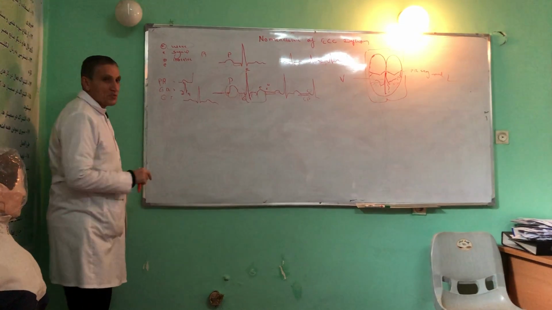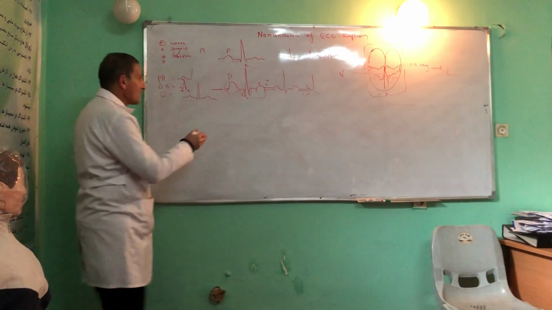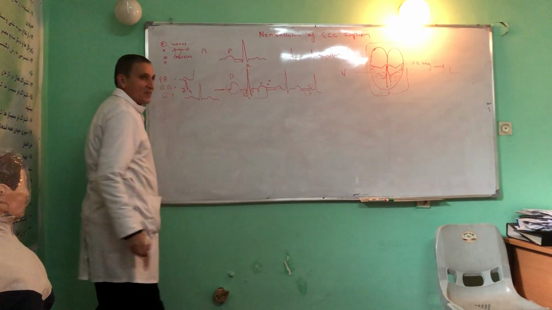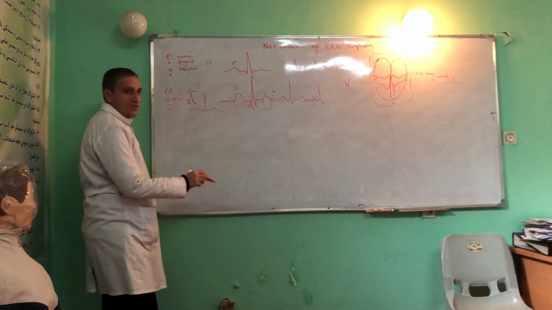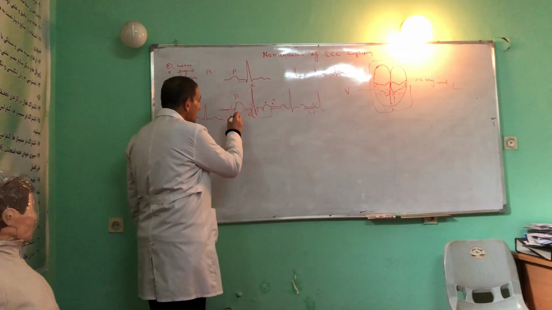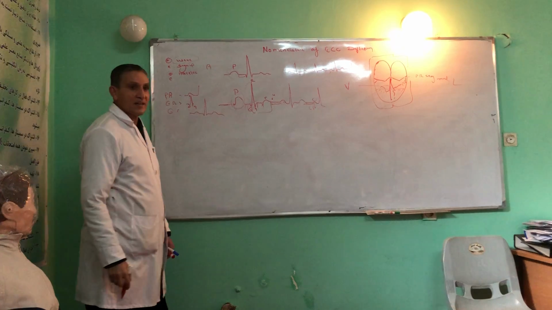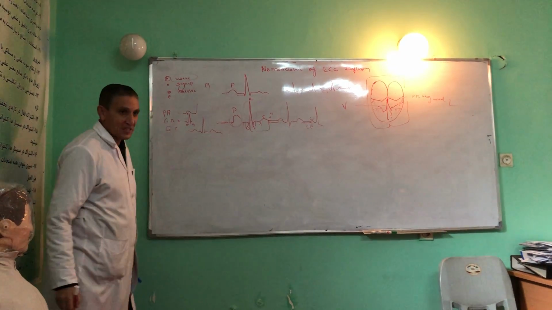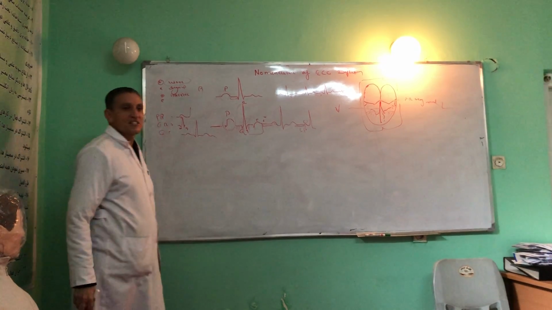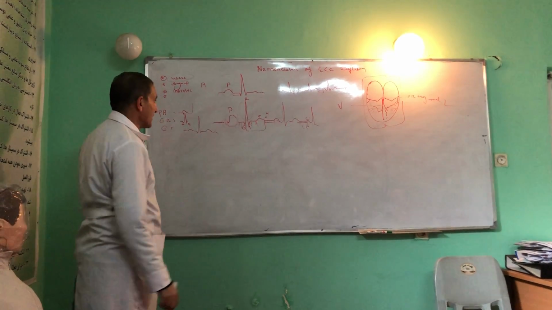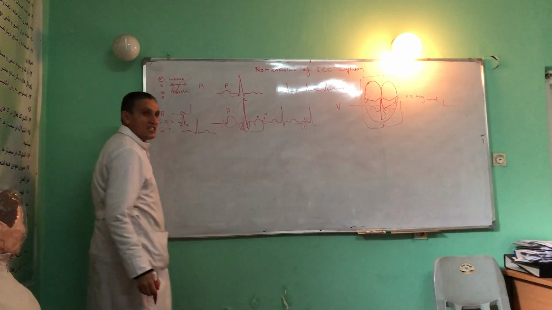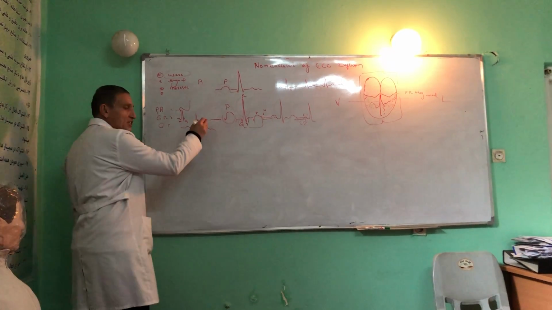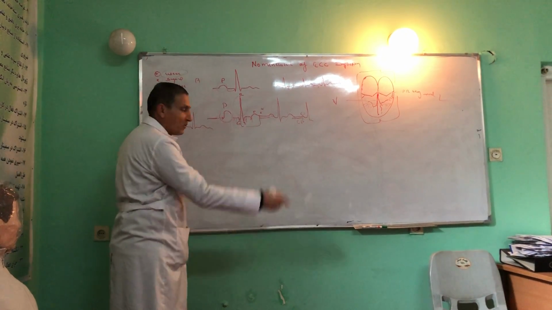Right now, we will be discussing the duration of these waves, segments and intervals. P wave, the normal P wave. The normal duration of the P wave over the ECG paper involves 3 small squares. Generally, 3 small squares represent 0.12 seconds. A normal P wave has a duration of 0.12 seconds. And the height also represents 3 small squares. So the height is 2.5 or up to 3 small squares.